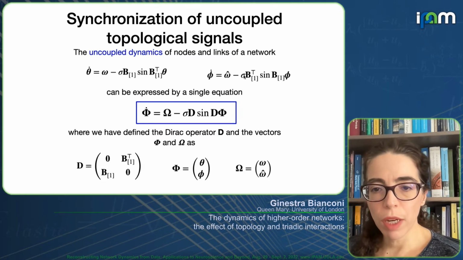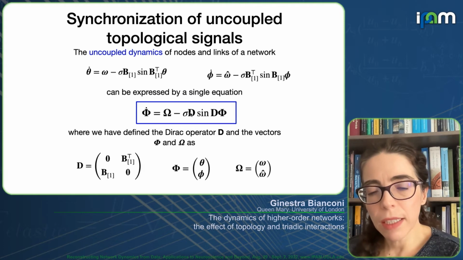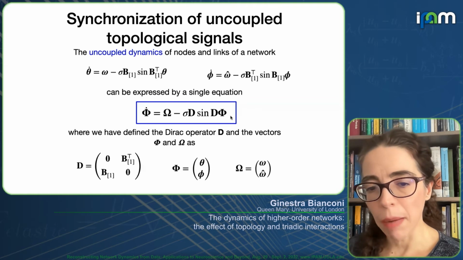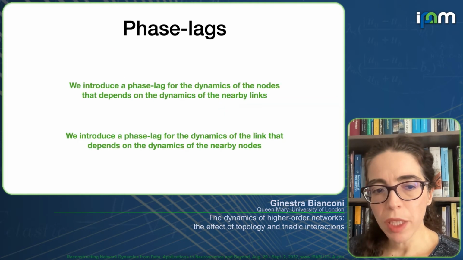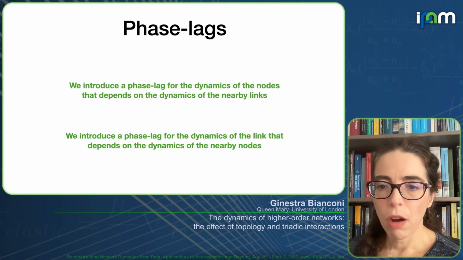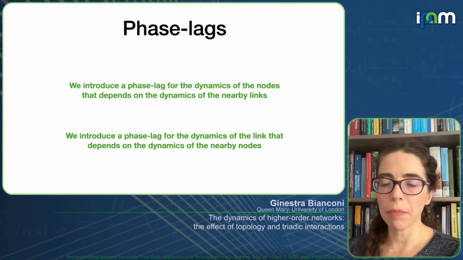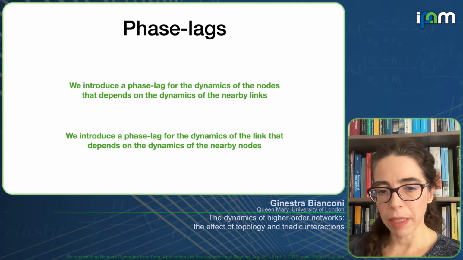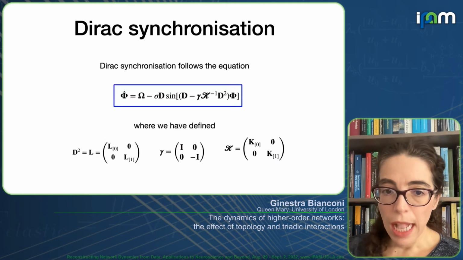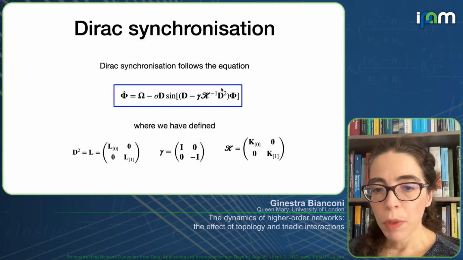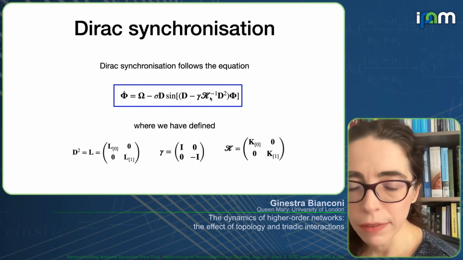And in these two equations, the node and link Kuramoto can be written in terms of the Dirac operator in this very easy way. But they are still uncoupled. So what we would like to do is introduce a phase lag on the dynamics of the node that depends on the dynamics of nearby links. And we have introduced a phase lag on the dynamics of the links that depends on the dynamics of nearby nodes. And we have defined this equation in which we practically use a normalized Dirac